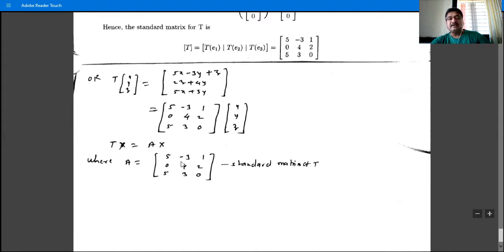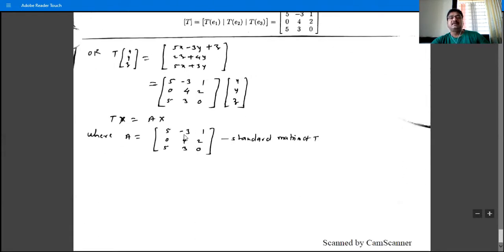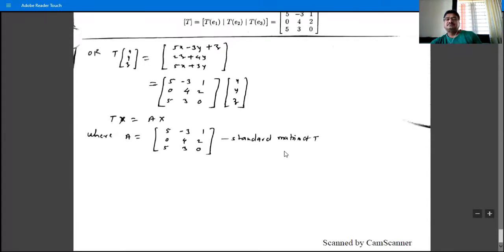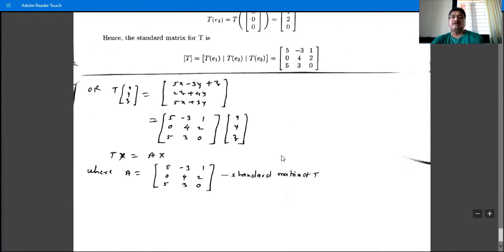Or we can say that the linear transformation T is multiplication by A. This matrix A represents T. We say that this matrix A represents T, or that this matrix is the standard matrix of T, or that T is multiplication by A. So we can find this matrix A by using this procedure or this procedure, because the next topic, the kernel of T and the range of T, depends on this matrix A. That is in the next topic.